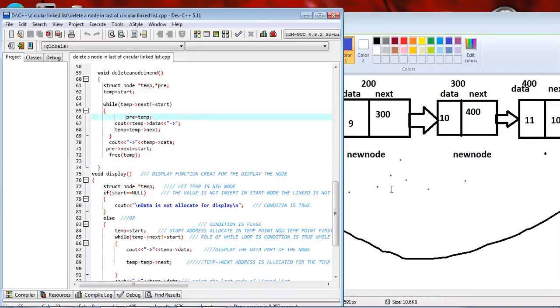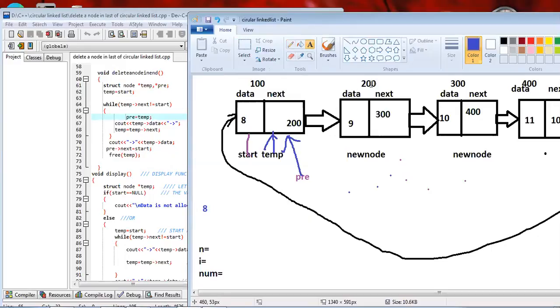Temp next is not equal to start, so this condition is true, both values are not the same, then the loop executes. Pre equal to temp, sorry, this line is missing. Temp equal to temp next, meaning temp points to this node, and this block contains the address of this node.